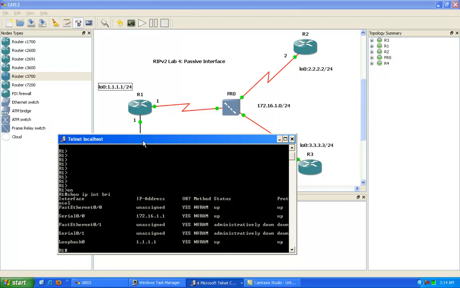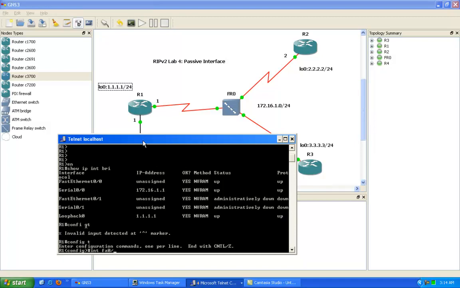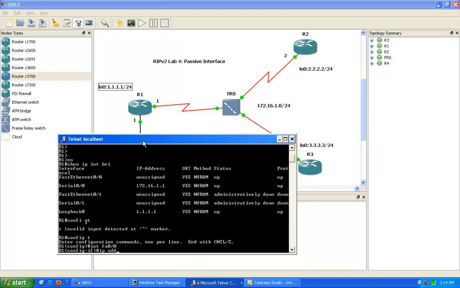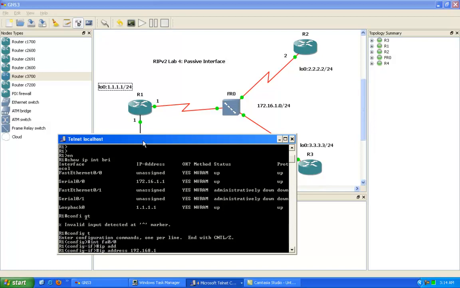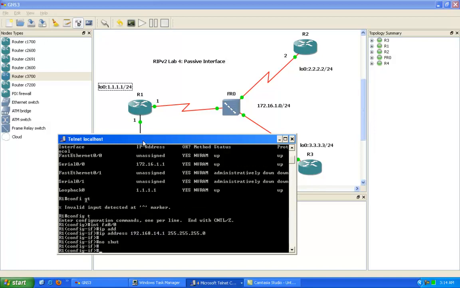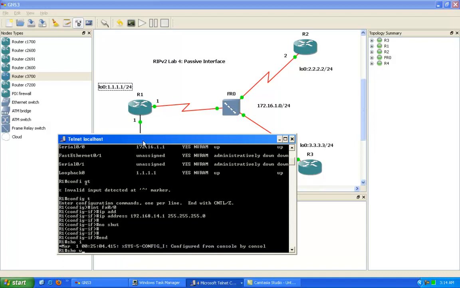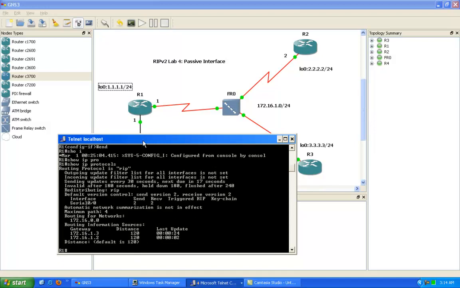Let's go ahead and configure the FastEthernet 0/0 with 192.168.14.1, and that's a /24 subnet mask. Let's go ahead and do a no shut here. If I do a show ip protocols, let's see if I have any routing protocols running here, and I do, and it's RIP. So if I do a show run pipe begin RIP,